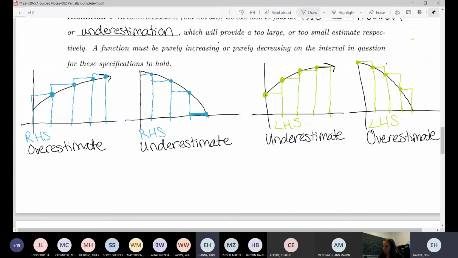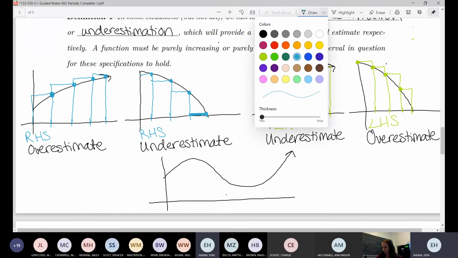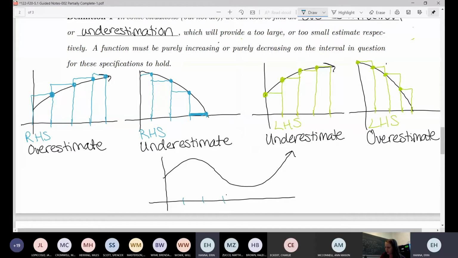But anyway, I'm going to squeeze down here at the bottom an example of why we don't always have these classifications. So say I have a function that looks like this. That's a little too steep. Let's not make it get all the way down to the, there we go. And let's say I want to take a right-hand sum here. So I don't know, just break it up into a couple pieces. So if I do a right-hand sum for this,